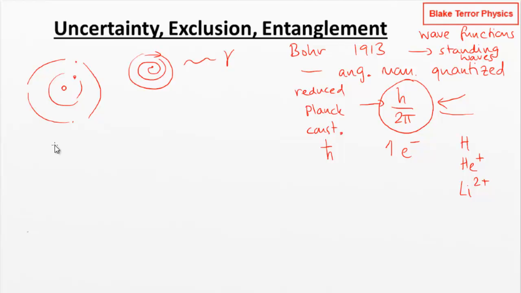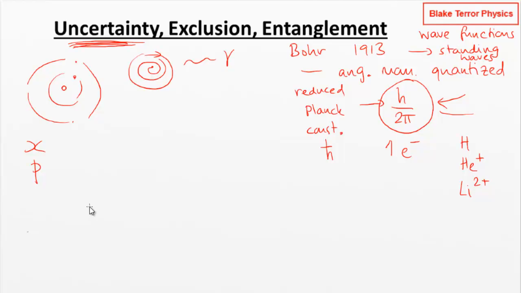Now, another thing that features in the question of why the electron isn't just in the center of the atom, why it doesn't just combine with the nucleus, is Heisenberg's uncertainty principle, which loads of people have heard of. This says that there is a limit in the precision with which certain pairs of physical properties can be known simultaneously. Most notably, the position of an object and the momentum of an object. The more accurately one of those is measured, the less accurately the other can be measured. There's some built-in uncertainty in this pair of values.